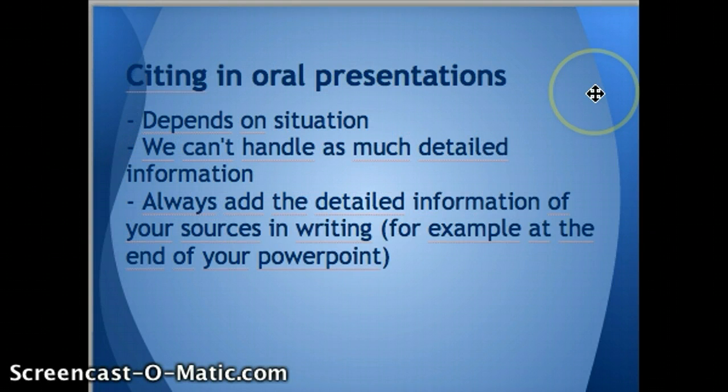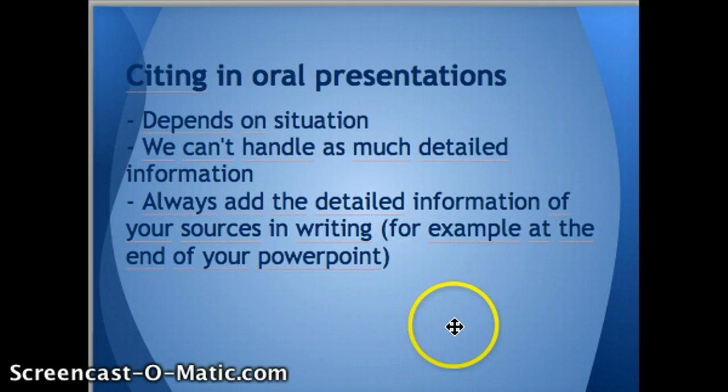Now, when you cite your source in oral presentations, when people are listening to you instead, it also depends on the situation how you do. But the general rule is that when we listen, we can't handle as much detailed information as we can when we read. So the information you give can't be as detailed.